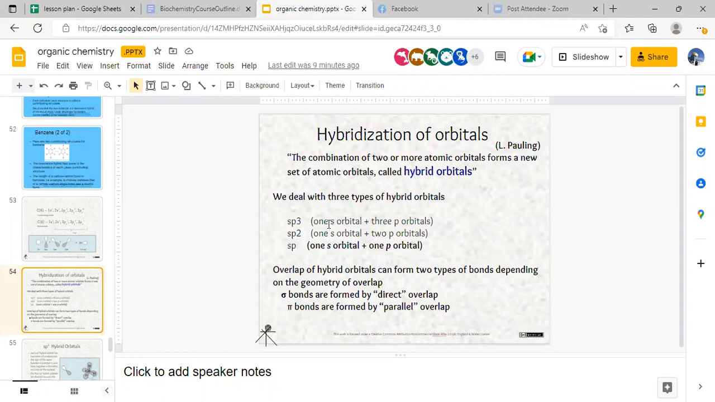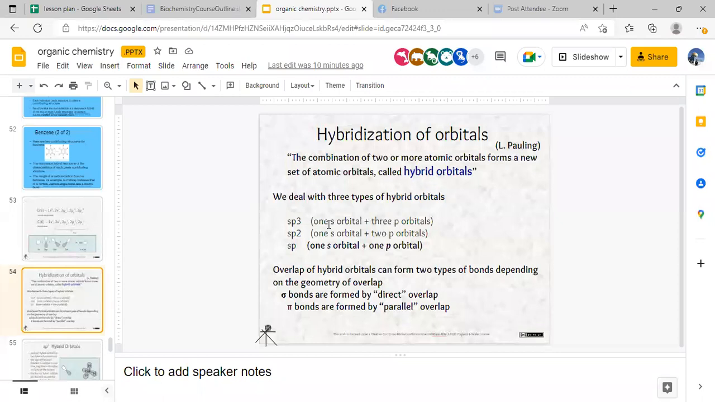So sp3, mga alkanes, mga saturated hydrocarbons. sp2, mga alkenes, at saka yung nakita nyo kanina na C double bond O, mga sp2 yan. Tapos sp, yan yung mga alkynes. So triple bond yan. So the overlap of hybrid orbitals can form 2 types of bond depending on the geometry